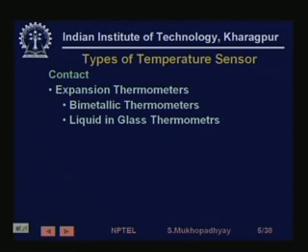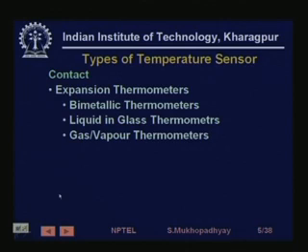In solids you have the bimetallic thermometers, in liquids you have the well known liquid in glass thermometers. Generally we have mercury in glass, sometimes we can have ethyl alcohol in glass and things like that. We have gas and vapor thermometers, and other than that we have